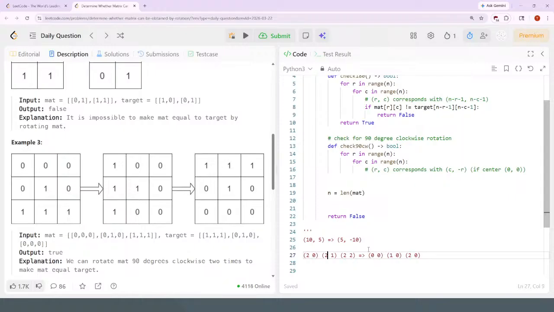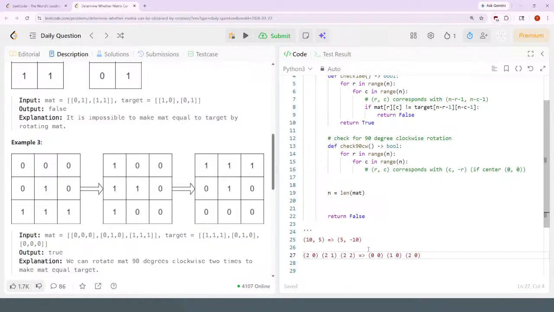So the row translates into kind of a complementary column, like n minus 1 minus r becomes the c,